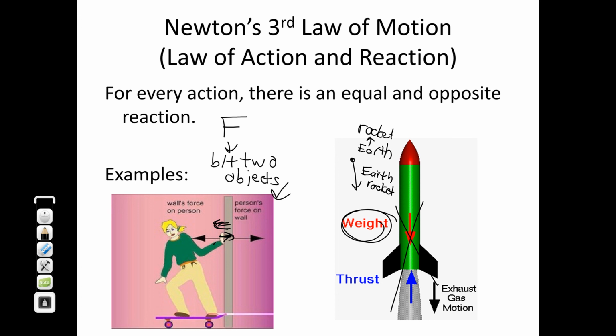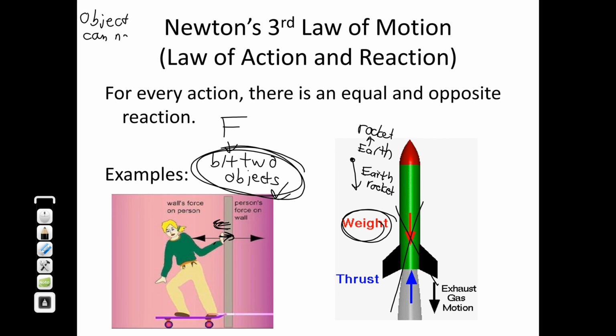The thing is, we're not going to get into it too much. The accelerations are really different. So that's why the earth's not rising underneath of it. But there's always equal and opposite forces between two things. Whenever you hit something, you hit that object with as much force as it's hitting you back. It's just maybe there's another force that's holding it in place, and you overcome that one and knock it over. But the biggest thing here is there's always an action followed by a reaction between two objects. The other big part about Newton's third law is an object